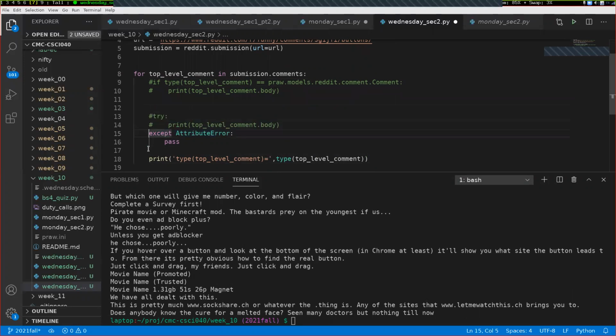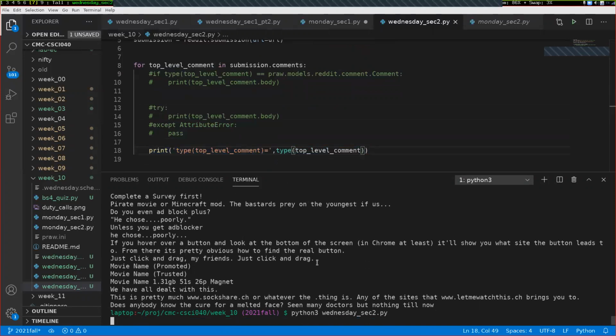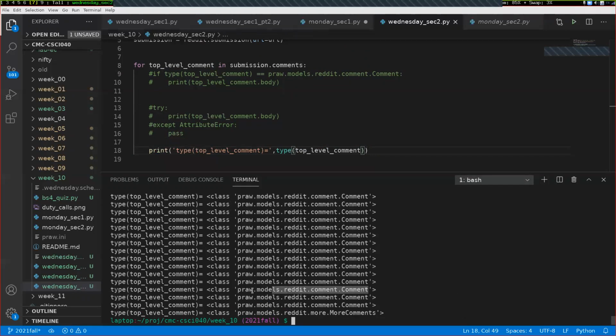and let's comment out this. This print statement right here is printing out the type of all of the comments. So if we save this, come down here and run it, it'll show us all of the types. This thing right here is the type, and you just copy and paste this exactly into what you're comparing up here. So the literal answer is that this is capitalized up here because it's